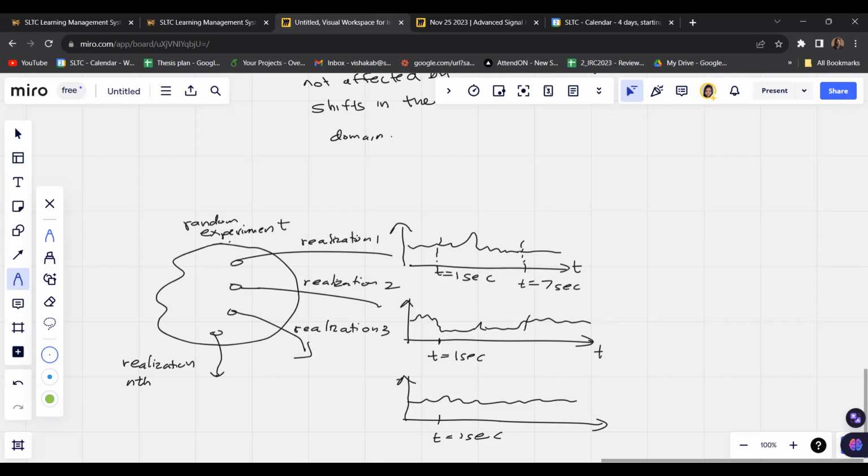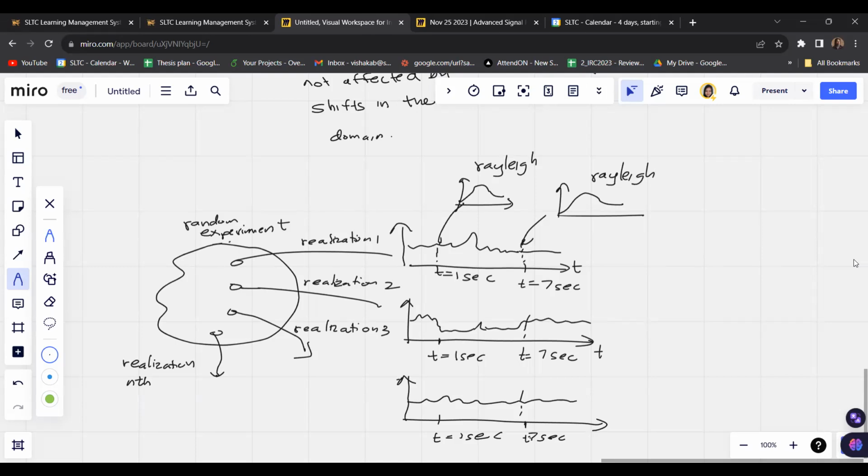So if we take the characteristics of the sequence at the 7 second time instance, then we can have different parameters or statistics related to that time instance. So in a case where these two parameters are equal, so if the probability density function observed here is equal to the probability density function seen here, for example, let's say this is Rayleigh distributed and this is also Rayleigh distributed,